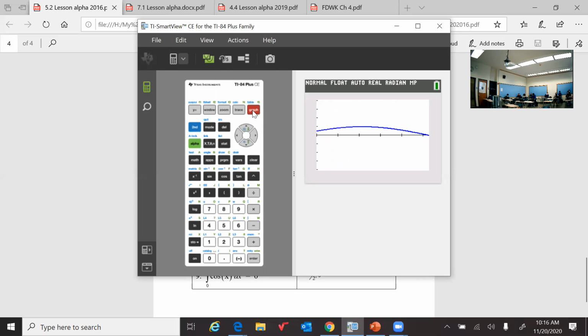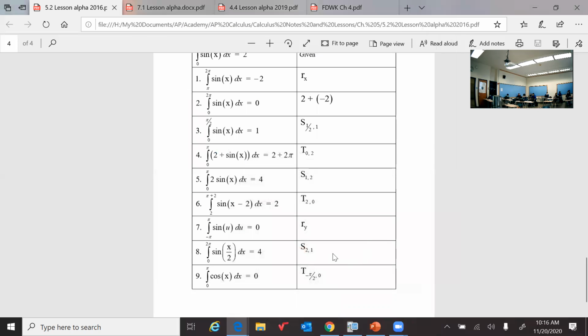So all the areas above the axis. So what did we do? We stretched that graph horizontally. Okay? So